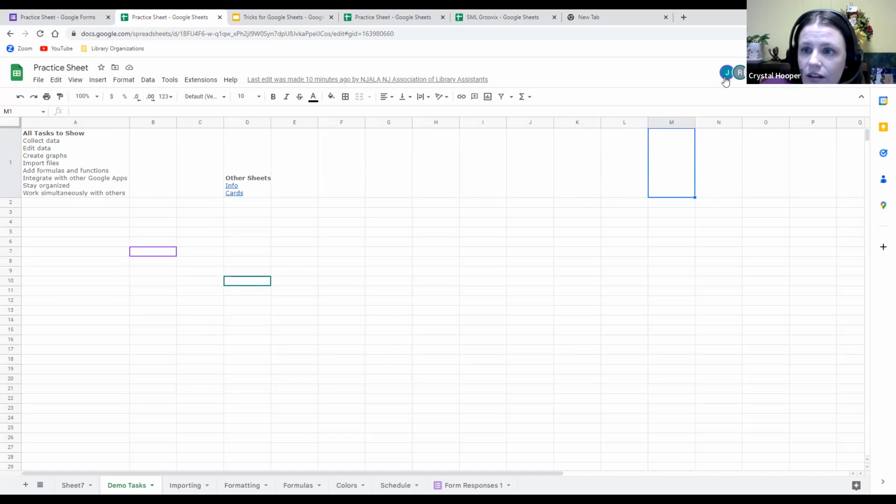But I know in this case, John has a purple circle around him. If I hover over that purple box, I see his name pop up. Same thing happens with that teal color one, then I get Rich's name. So you'll see when you're in collaboration with multiple team members working on the same sheet, everybody's going to have